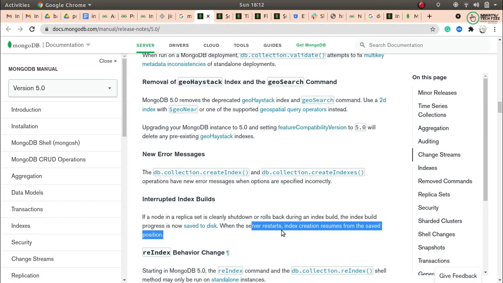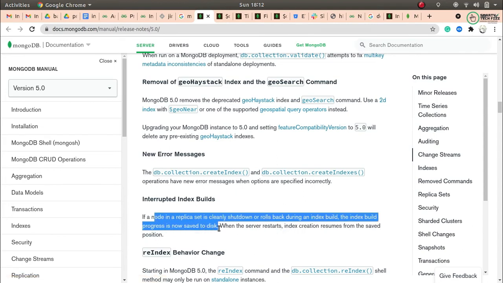I don't think you are just not going to love this, because it is actually going to help us while creating the index. Because after waiting until 90%, only 10% is left, and you are seeing that, oh my god, this is going to start from 0%. So this will be helpful, right? Now the progress will be saved to the disk. When the server restarts, it will just start from the 90% only. It will not start from 0%. So this is the main thing that I have loved in this version.